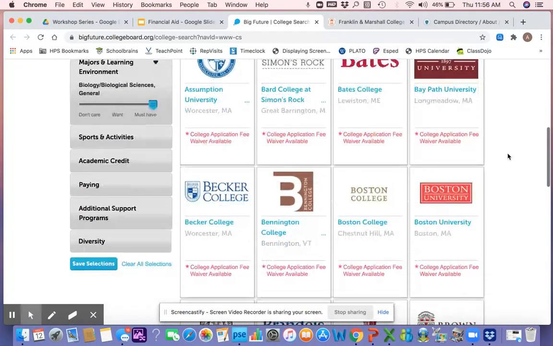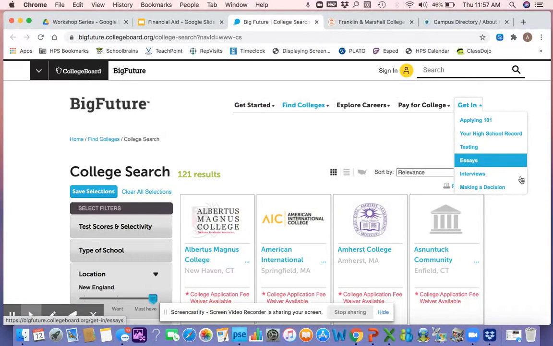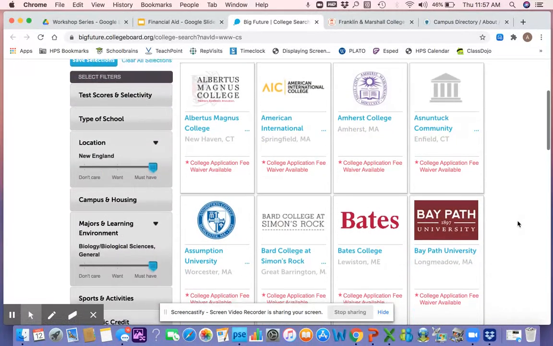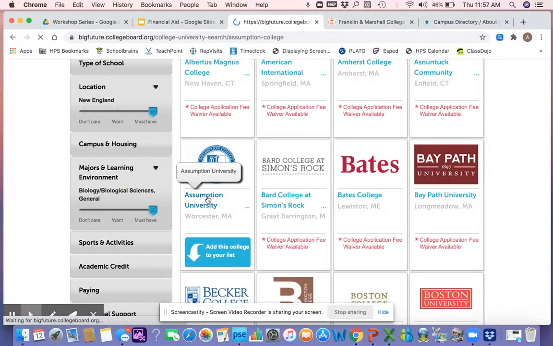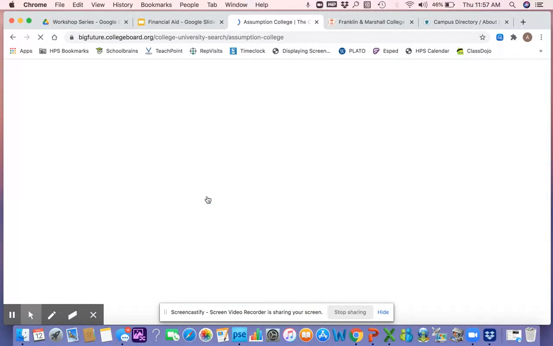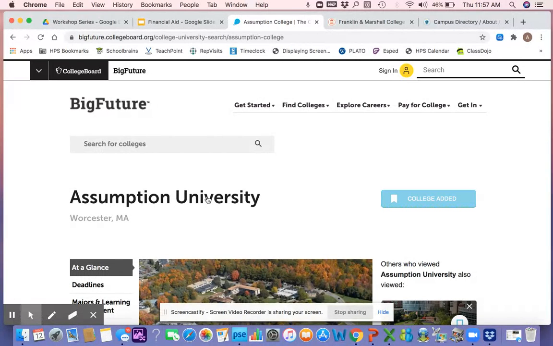On this one, you can search by financial need met, but I usually don't do it on this website because you can only go in increments of 20. I don't want to limit myself to 100% need met schools, but 80 is also too low, so I'm just going to do no preference, but I'll show you where to find that information. So I've got this great list of colleges. Now I'm going to click on Assumption University in Worcester, and to find out if this is a financially friendly